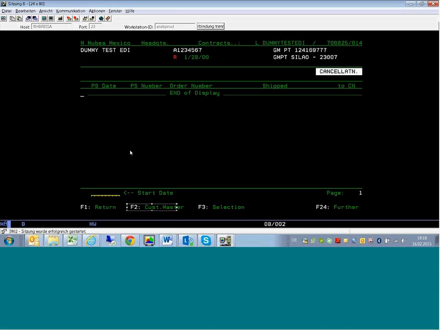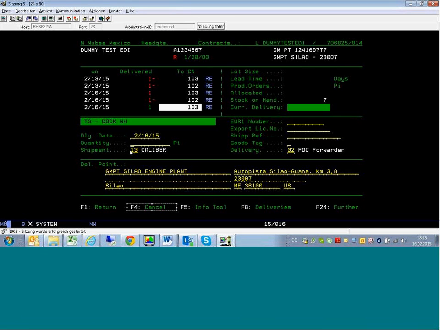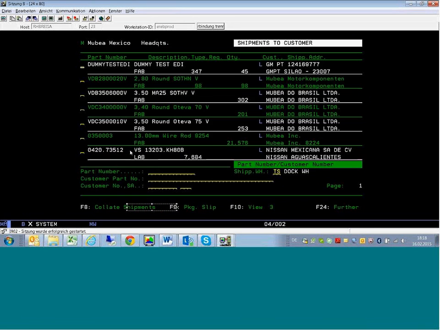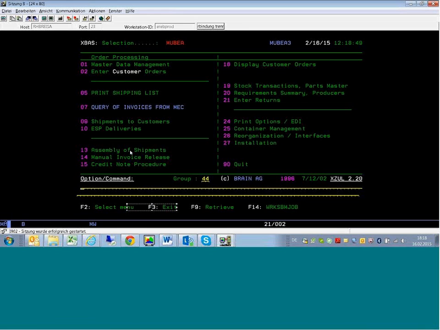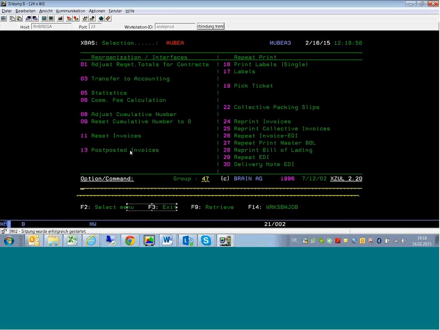So if I don't print the invoice, I still can cancel it. But in this case, it's not possible anymore. But there is an option. When you already printed the invoice, you can reset the invoice